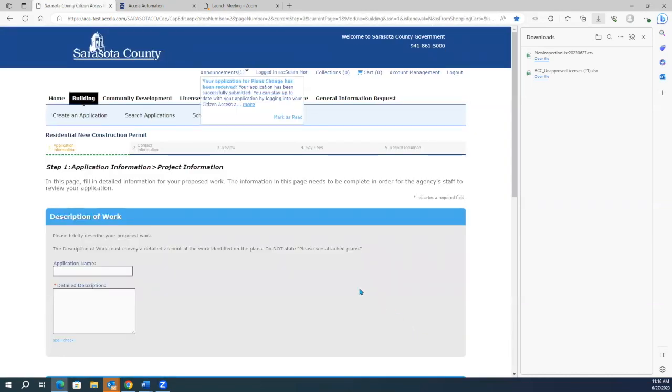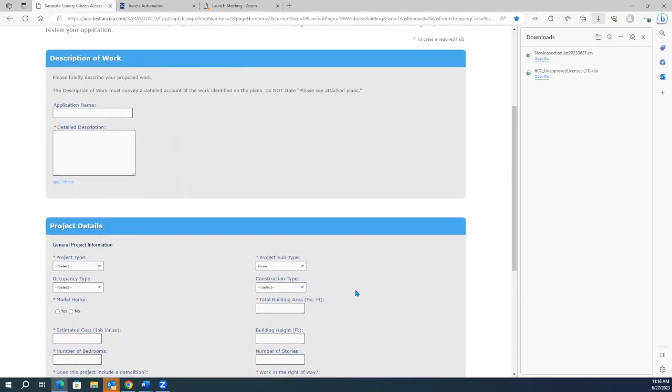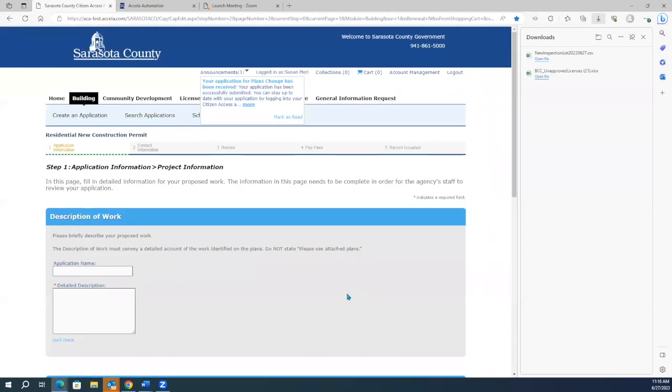And now it wants some information about this application. Application name is not required, but if you had a unique name you wanted to put in there, you certainly could. We'll just put test here, and we're going to put new single family residence, 5 bedrooms, 2 baths.